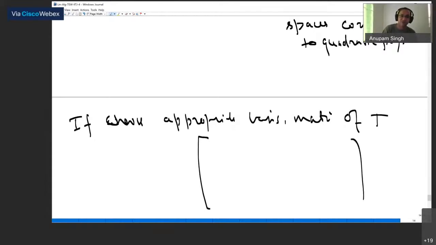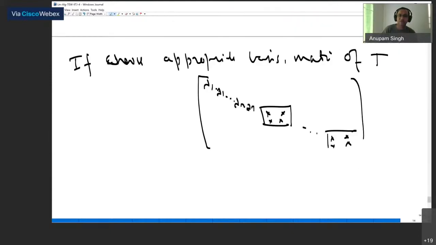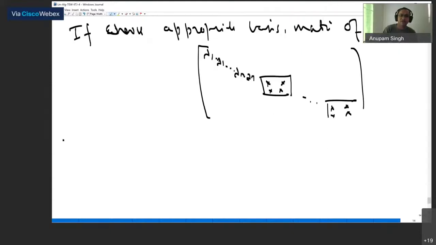There will be first of all some eigenspaces lambda 1, etc., and then lambda r. Then there will be 2 by 2 blocks. Okay, so this is how the matrix of T will look like, and the proof of this follows from what